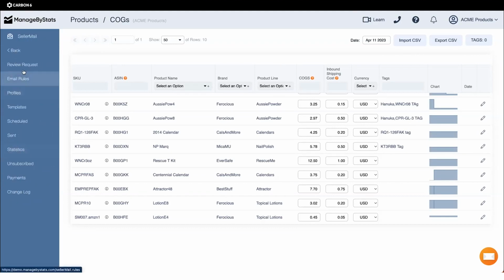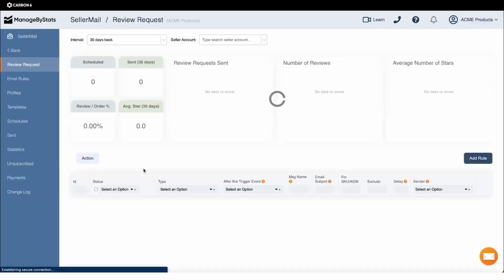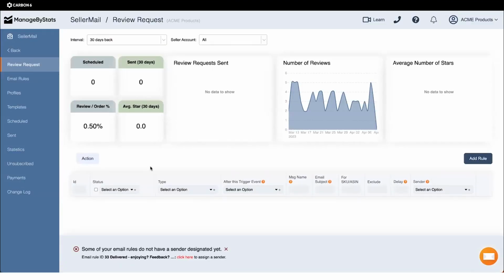We have a very robust and very simple way to set up the review request as well as custom emails. A lot of sellers these days will just use the review request feature, where we're basically automating the process of going into Seller Central, clicking on each order and clicking the review request option that sends out a template from Seller Central to your client and asks them to leave a review on your product. So you can set that up with a couple clicks in here, you'll have it set up for all your products, and it'll automate that whole process and show you the metrics as they relate to that.